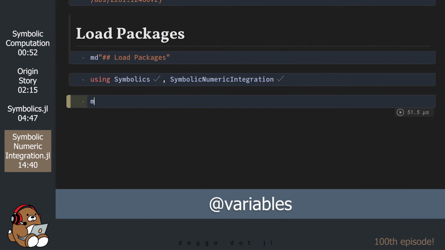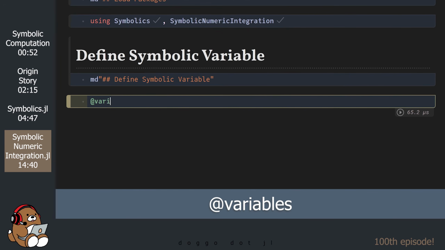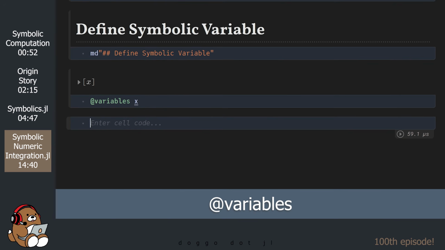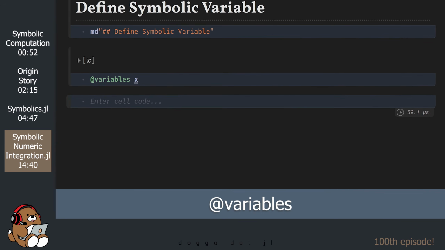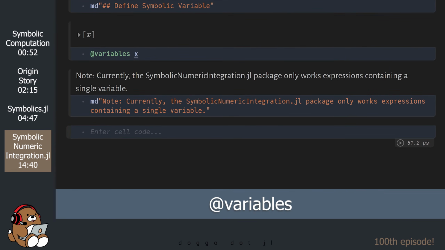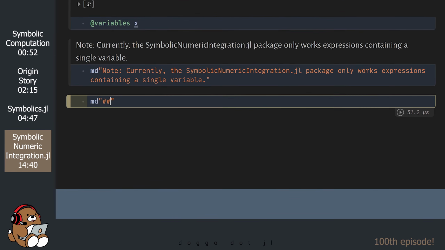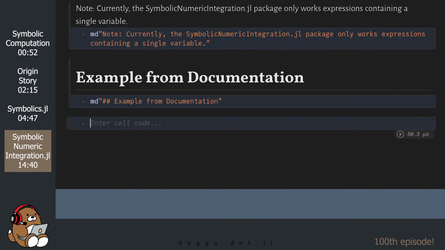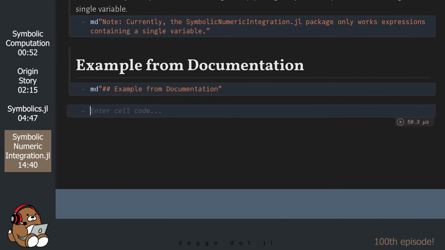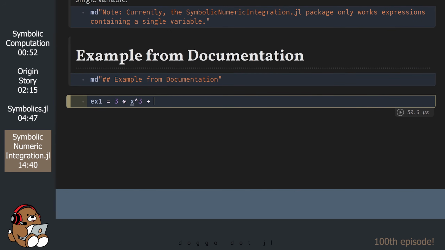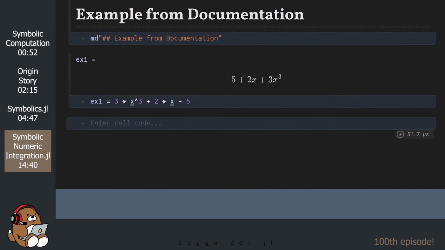Next, let's define a symbolic variable, x. Currently, the SymbolicNumericIntegration.jl package only works with expressions containing a single variable. This first example comes directly from the SymbolicNumericIntegration documentation.